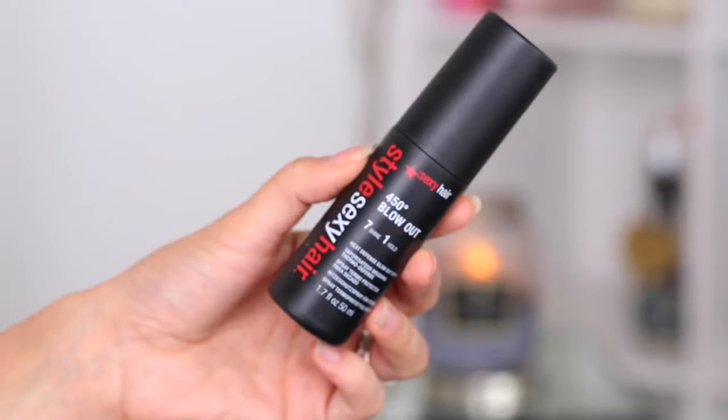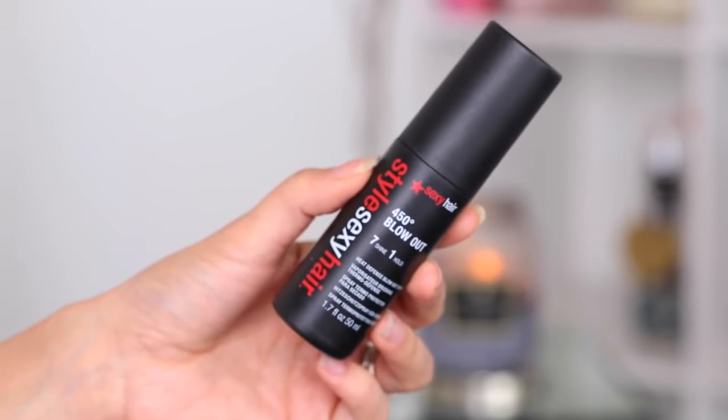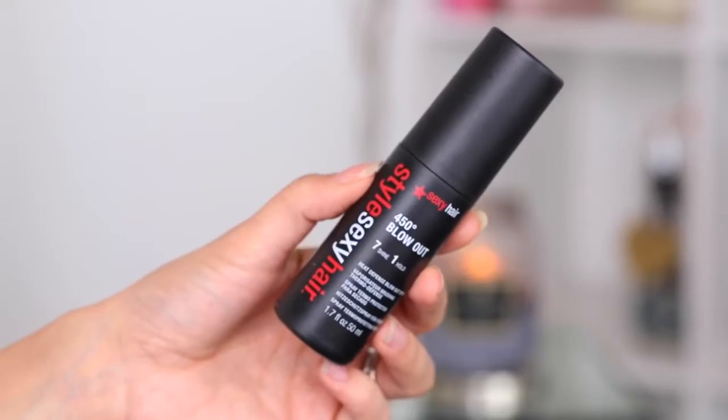To add some shine to my hair, I'm going to use this Sexy Hair 450 degree blowout spray just to add a little bit of shine. And you can actually use this before you blow dry your hair so that it has a heat defense in it. And it smells really nice too. That is the final